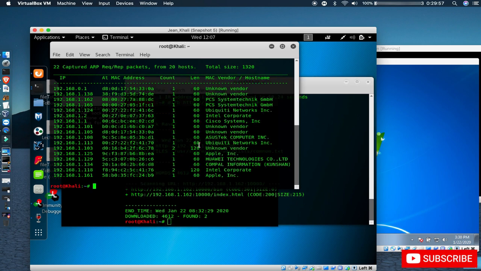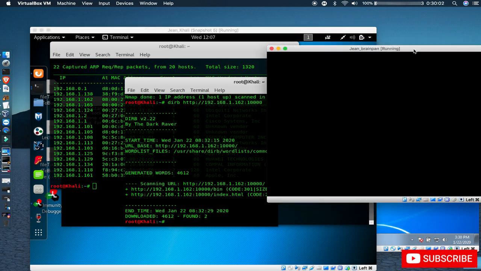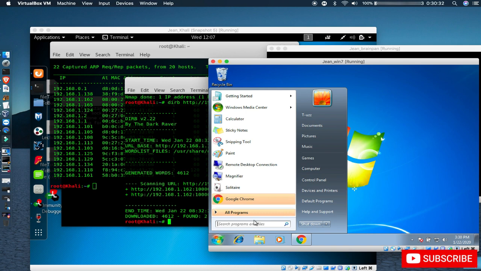Now let's go to our Windows machine to see. This is our Brainpan Windows machine. Okay, so we have Immunity now. As I said earlier, guys, we have Immunity on the Kali Linux machine, and then we have it on Windows as well, because we just downloaded it, just to make sure we have it on both sides if we want to hack Windows. Now we can try to find its IP address